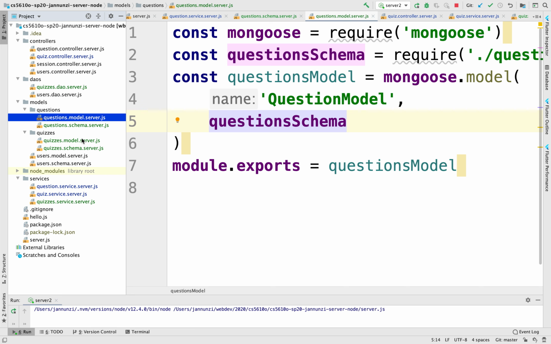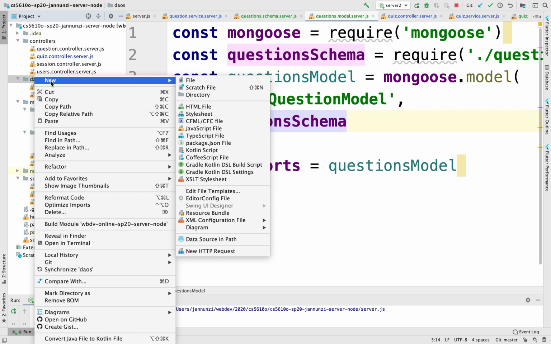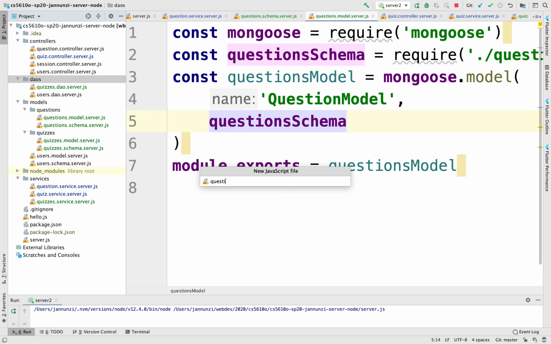Okay, so let's first implement the easy ones. How about retrieving all the questions? For that, we'll need a DAO that allows me to interact and retrieve all these questions. So let's do that. We'll create a new DAO for the questions. This will be something like questions.dao.server,